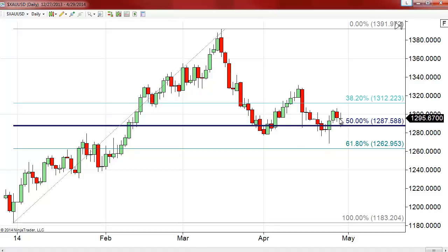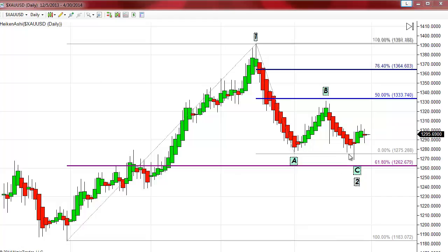Now, when we look at the same chart, but through the eyes of a Japanese average chart, you're going to find it to be quite interesting. Let's go ahead and pull that up. And when we do, as you can see, this down day that we saw, this move back from 1305 back down on a Japanese average, has also caused this candle to form, which is a doji candle in the Japanese average, meaning when you compare the midpoint, it's a small red candle, so it looks like it traded and closed